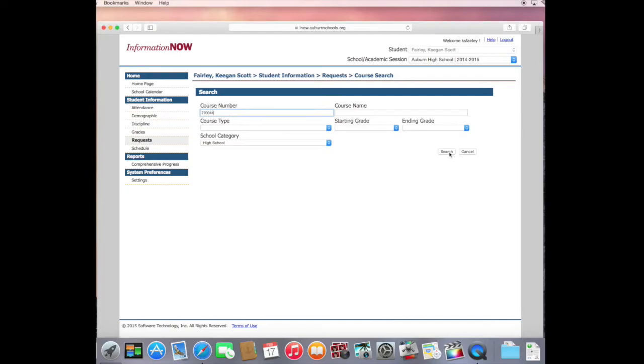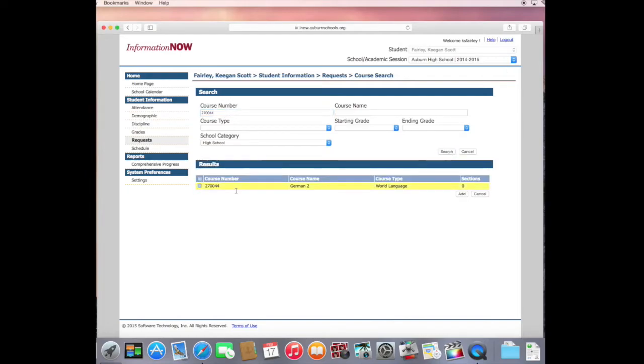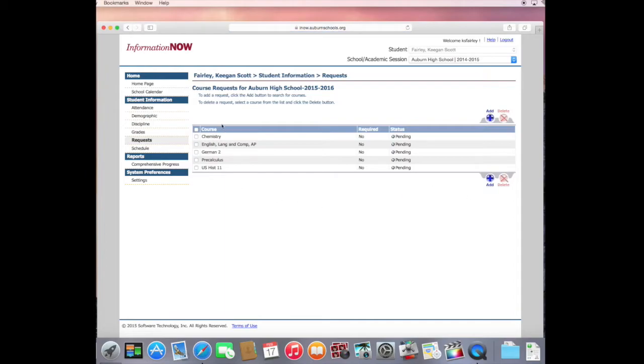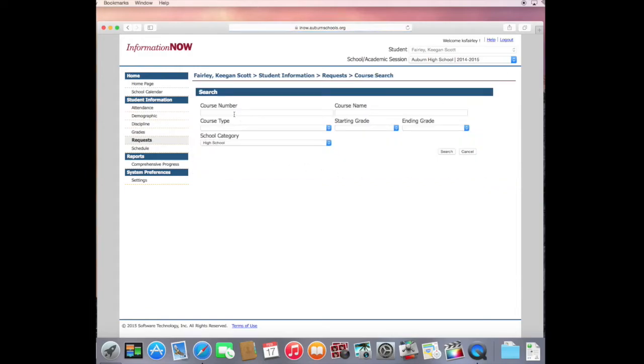Click search, German, add, and there it is right there. Okay, and so let's see. I know I'm an athlete, so I need to take weight training. I'm a female, even though this is under Keegan's. I'm going to type in that I want to take weight training for females, and that is